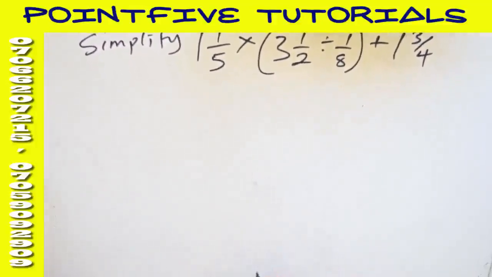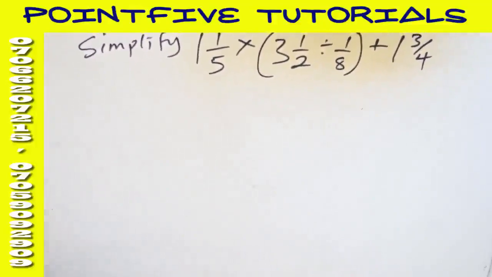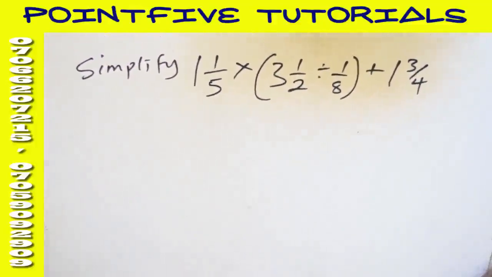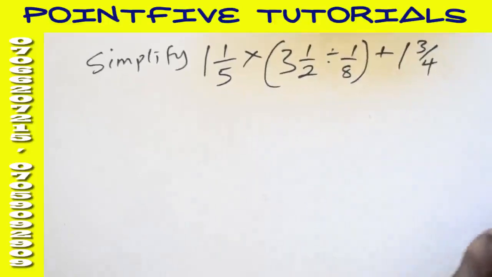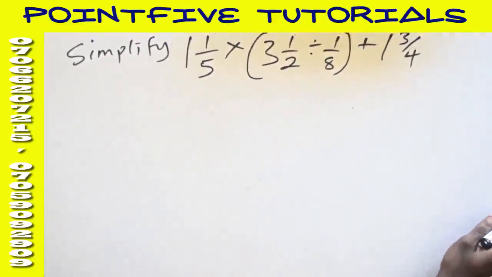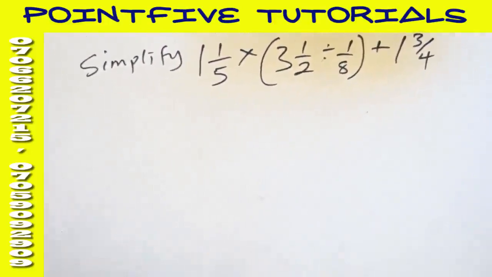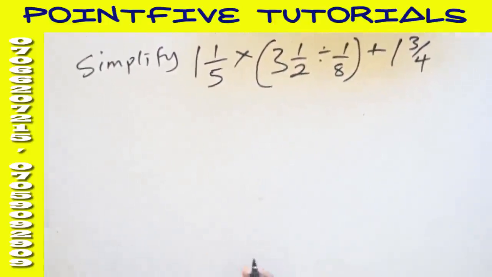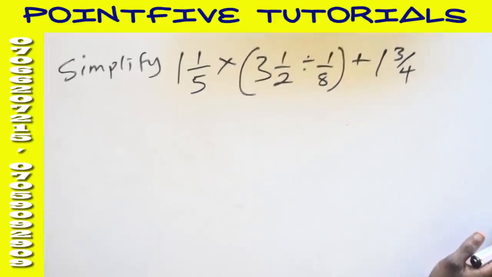This is still the 0.5 tutorial, in continuation of the previous one I did. Now, here is the question. Say you're given this question to simplify. Going with respect to the initial example we did last time,